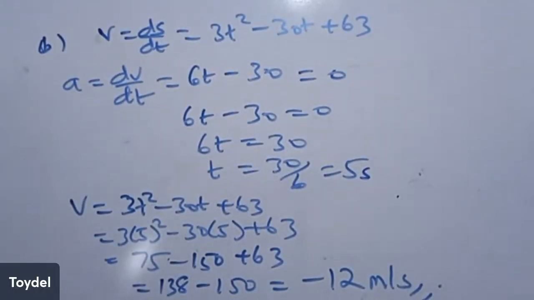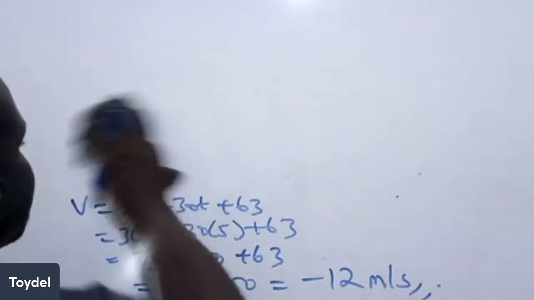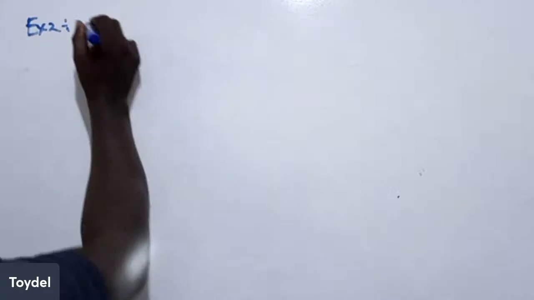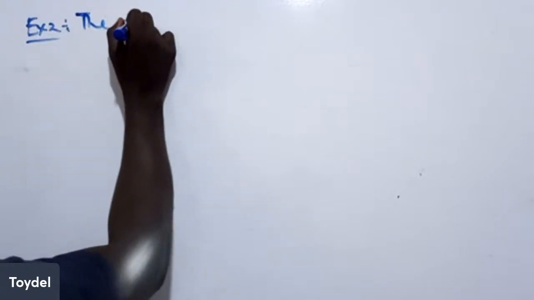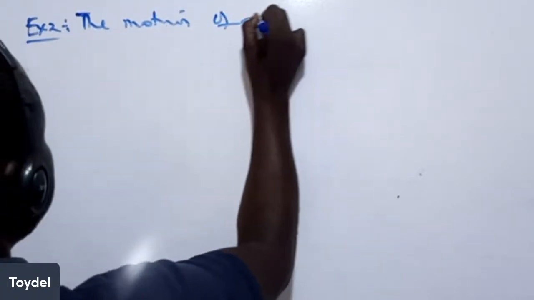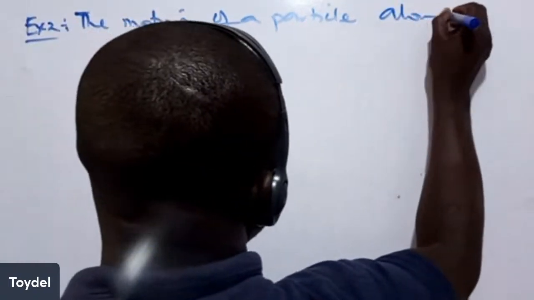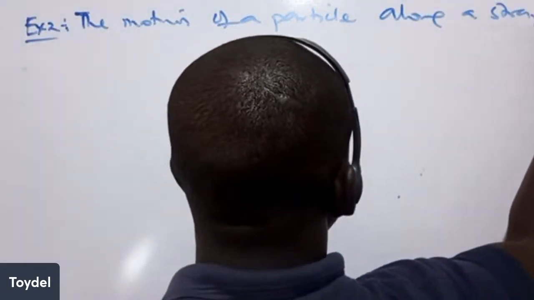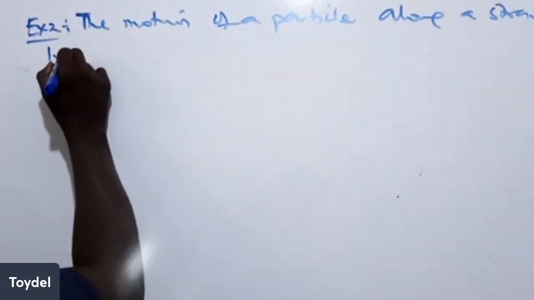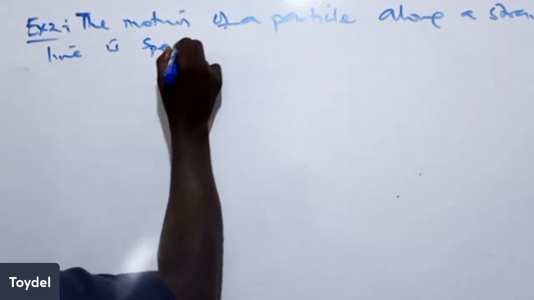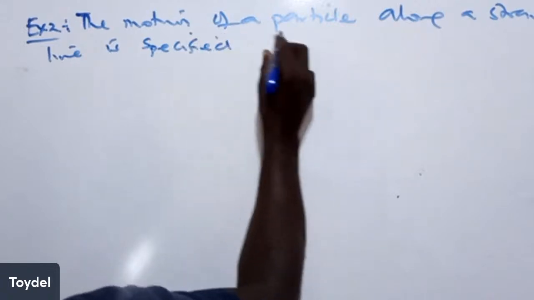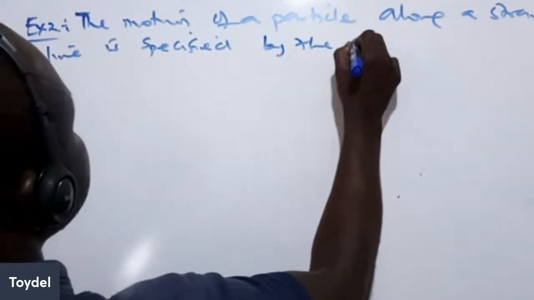So that is that about the first example. Let's take one more example under the application of differential calculus to rectilinear motion. Example 2. Let's take another example. It says that the motion of a particle along a straight line is specified by the equation